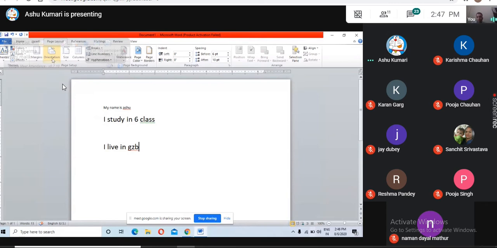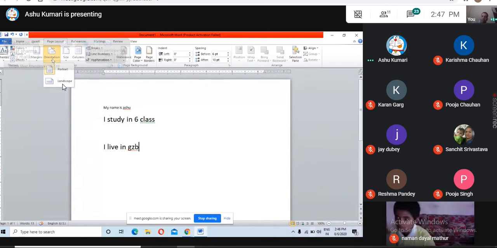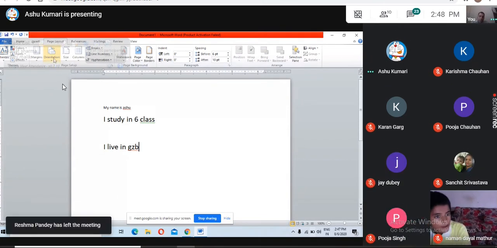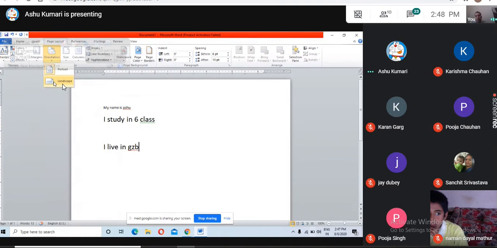This is how we can change the orientation for the page. Portrait is when the shorter edge is on the top. When the long edge is on the top, that is the landscape view.